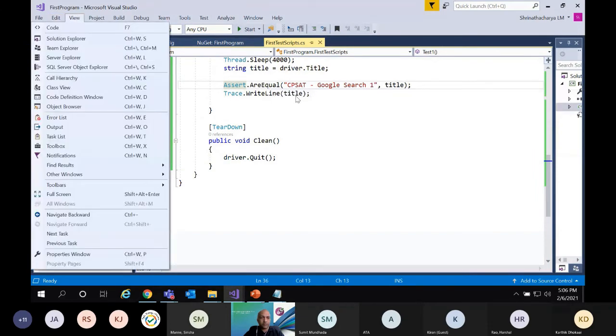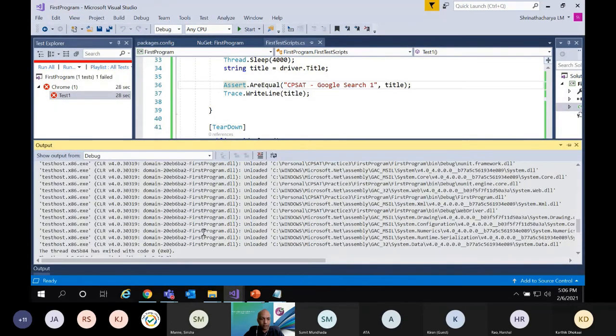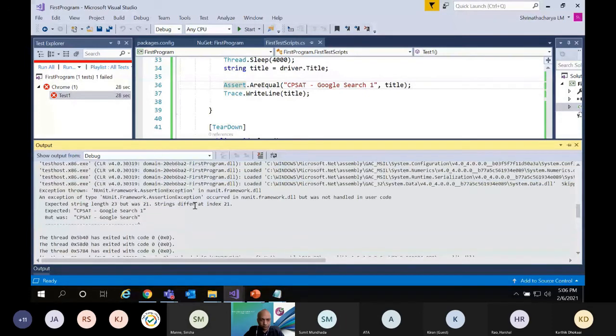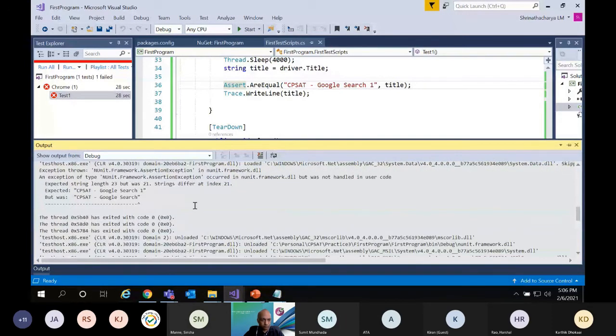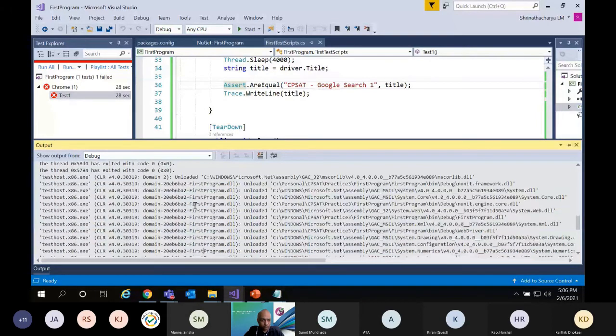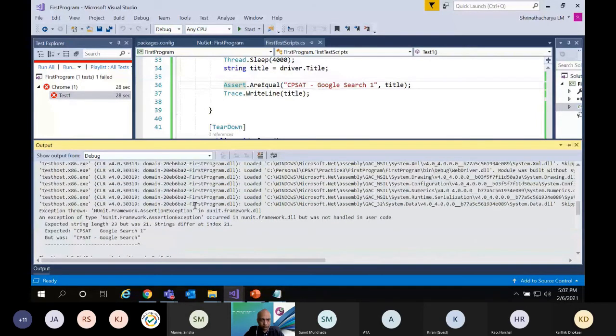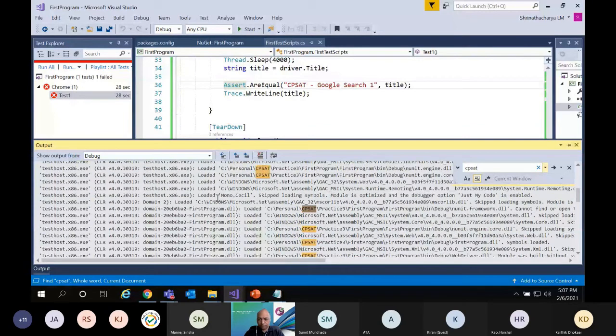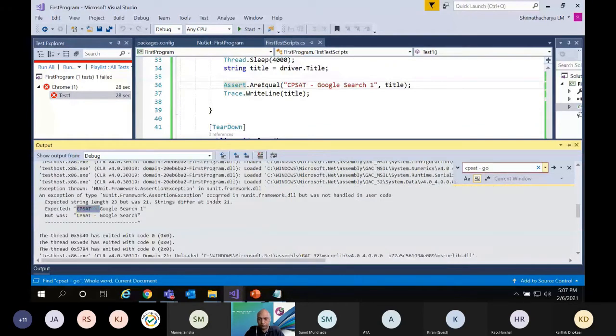Since I am also writing the line, we can see that as well over here, the value it has come with.